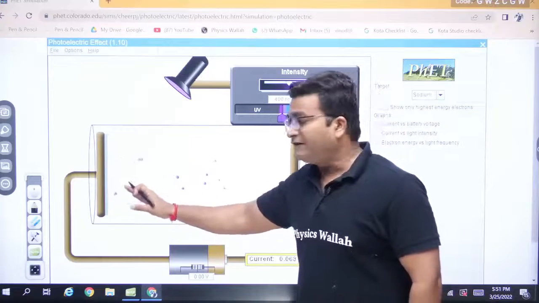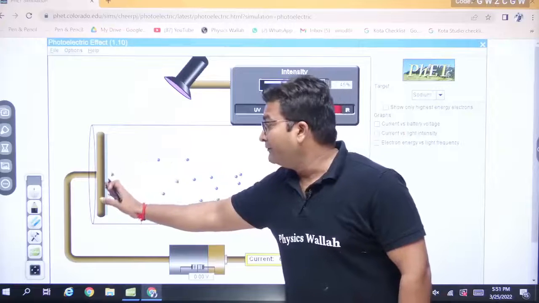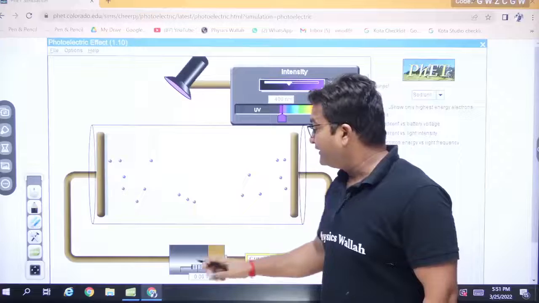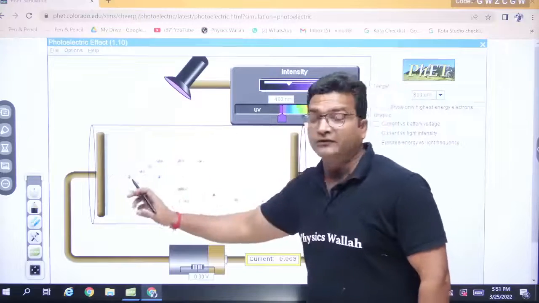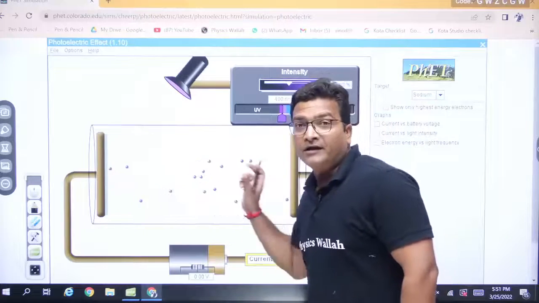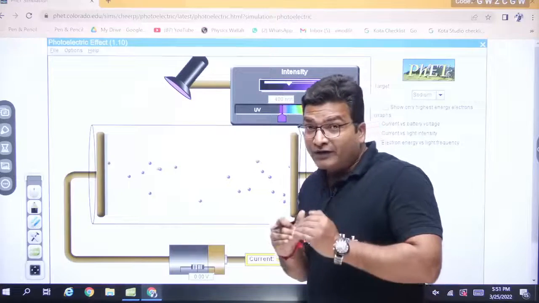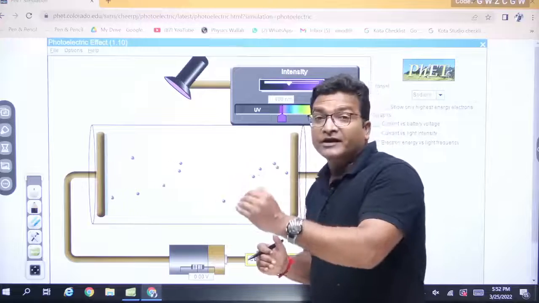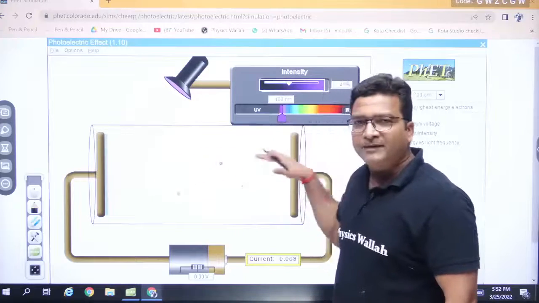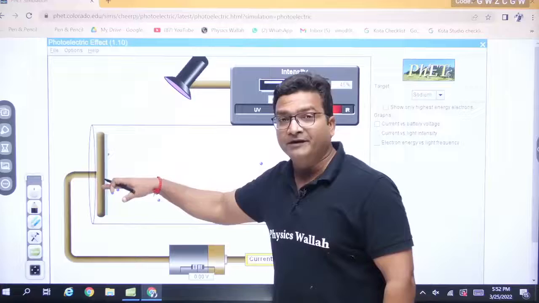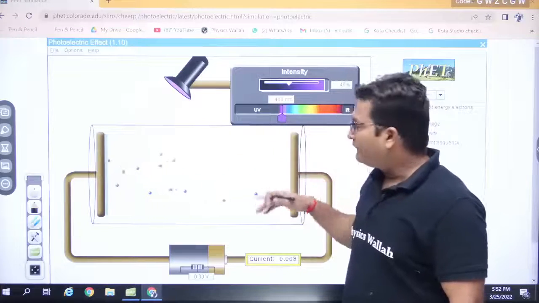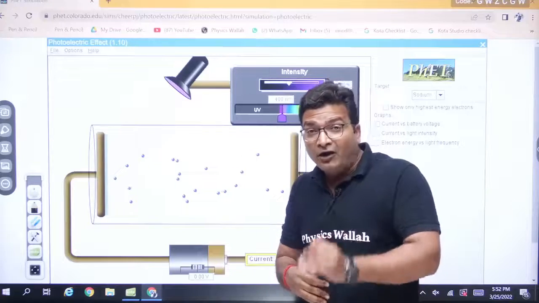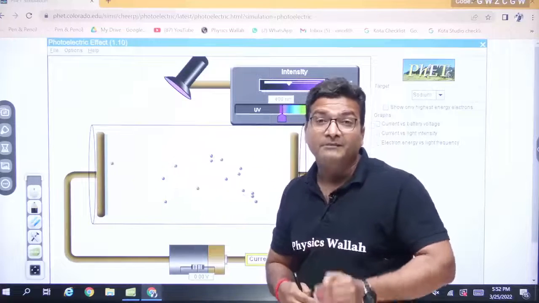If electrons are being emitted and moving, they will move in this region and they all will reach the anode, because the potential difference across this is 0. There is no electric field between the two electrodes, so electrons neither accelerate nor retard. They move with constant speed, the speed with which they are emitted. A few are moving faster, a few slower, because experimentally we see all electrons are not emitted at the same speed.